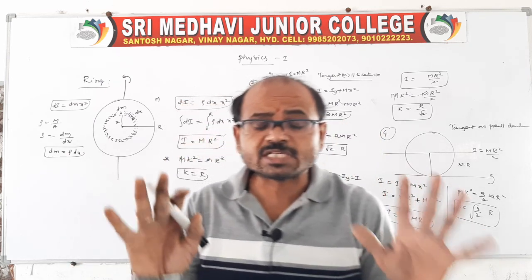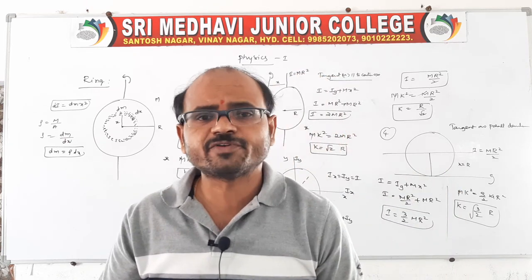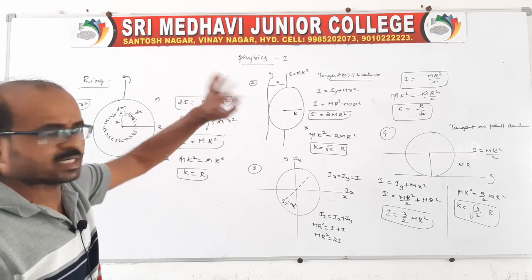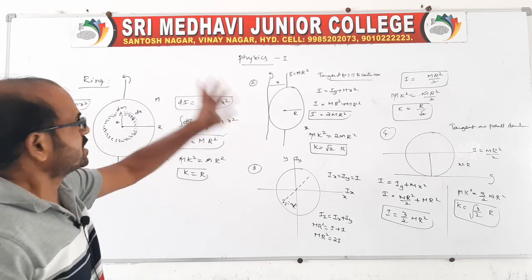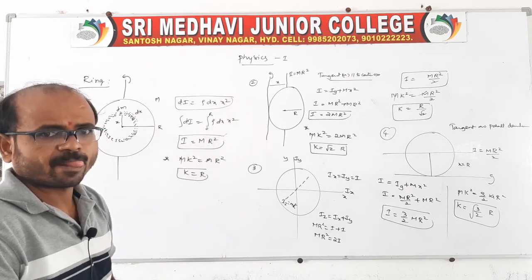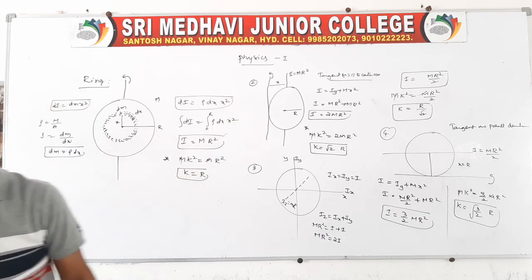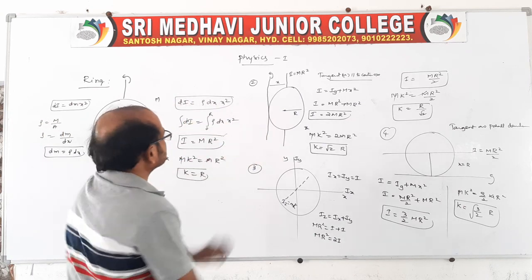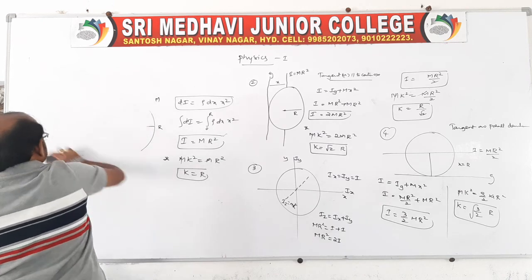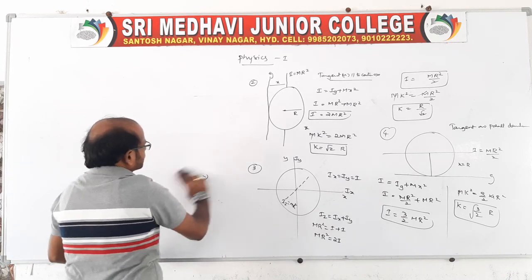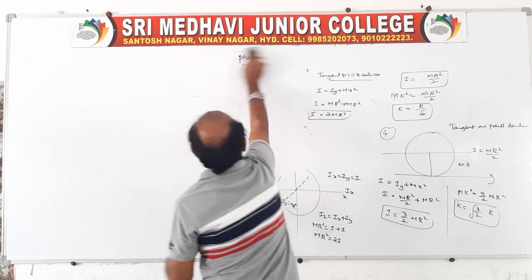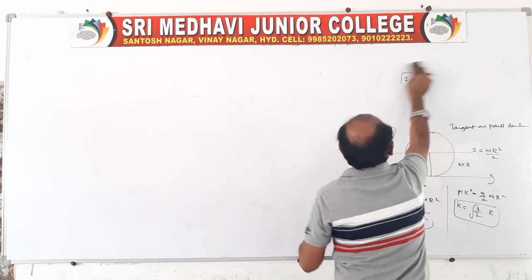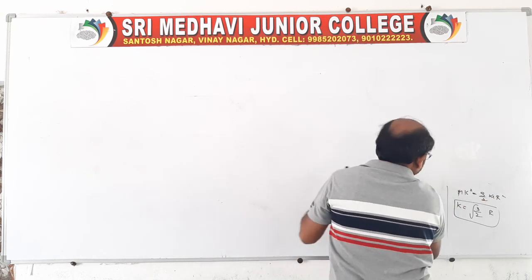So like this, for another regular body, the moment of inertia depends only on the axis of rotation, because the axes are passing through different places, so different moments of inertia are there. Like we have another one also, that is the disk. Disk is also the same, but in the disk mass is present, that we will see in the next class, because this is today's discussion, and we will see about a disk, because for the disk also again we have 4 cases like this only. They only depend on the axis of rotation.